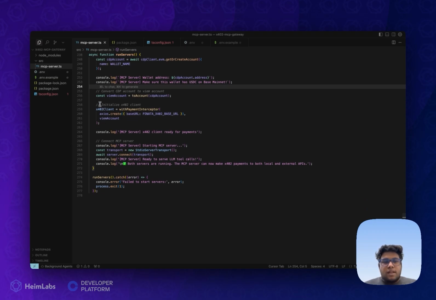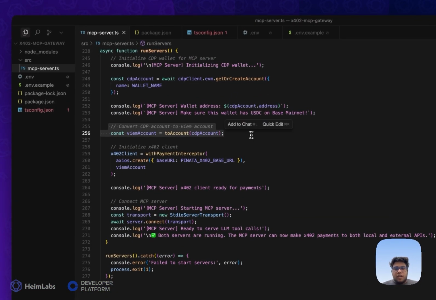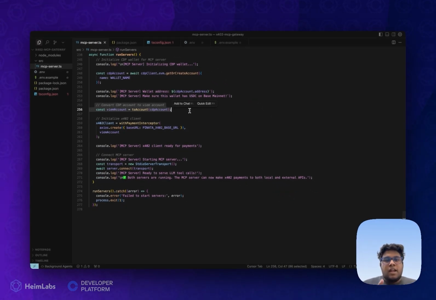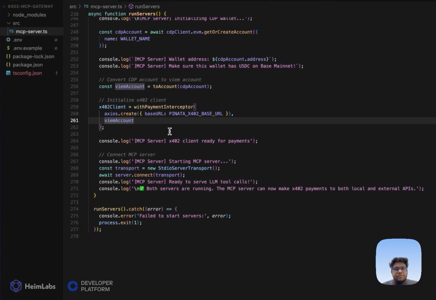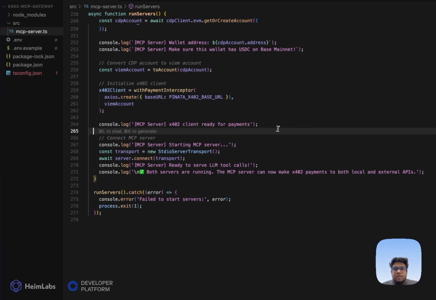So here, first we convert the CDP account to EVM format, which we discussed before during the imports part, so that we can initialize the X402 client using this EVM account. Once that is done, we initialize the X402 client using this CDP account, which is converted to an EVM account format, and we console log that the X402 client is ready for payments.